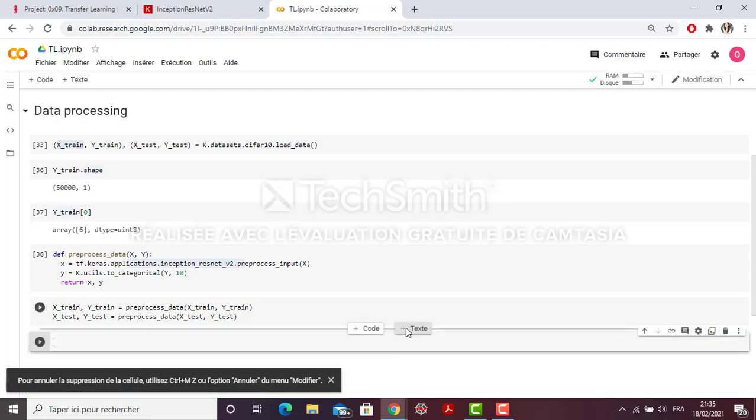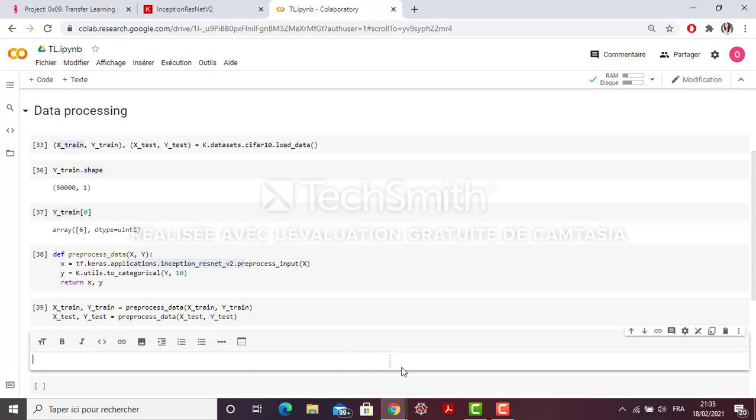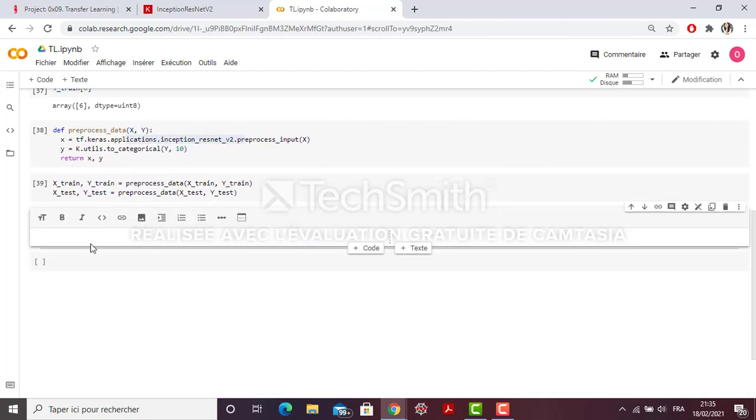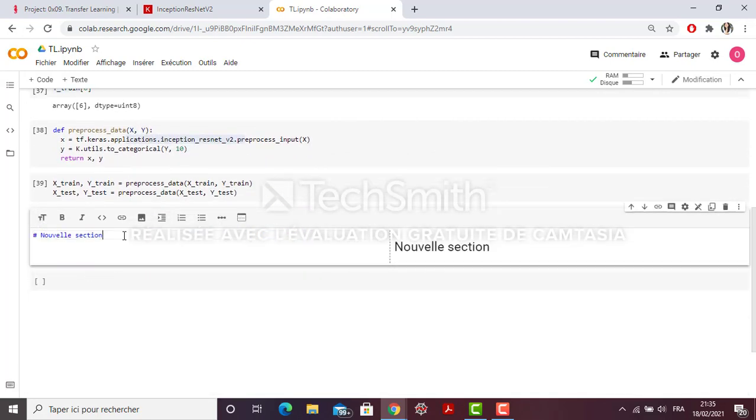After pre-processing my data, I'm going to start the transfer learning. This is the most important part.